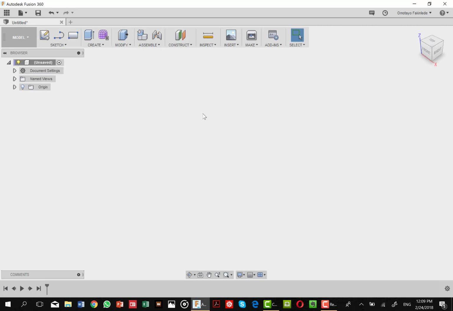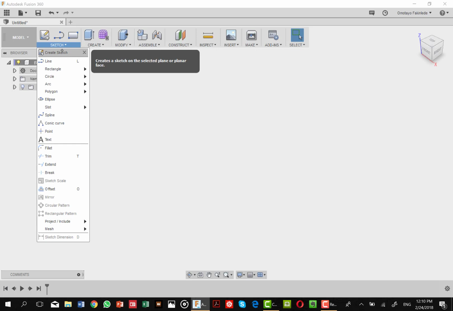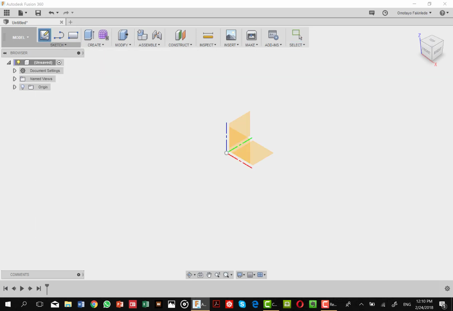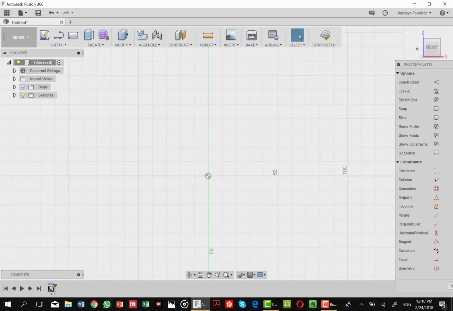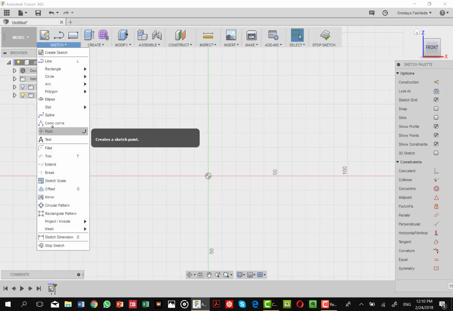Next thing is to draw our circles. Based on those parameters we have chosen, we are going to create circles, and from those circles and the distance between them, we're going to get our shape of the connecting rod. Now we're going to select sketch. We're going to create a sketch. We are prompted to select the plane of sketch. We are using the ZX plane, as you can see, ZX plane here. On the ZX plane, we are going to create a center circle.